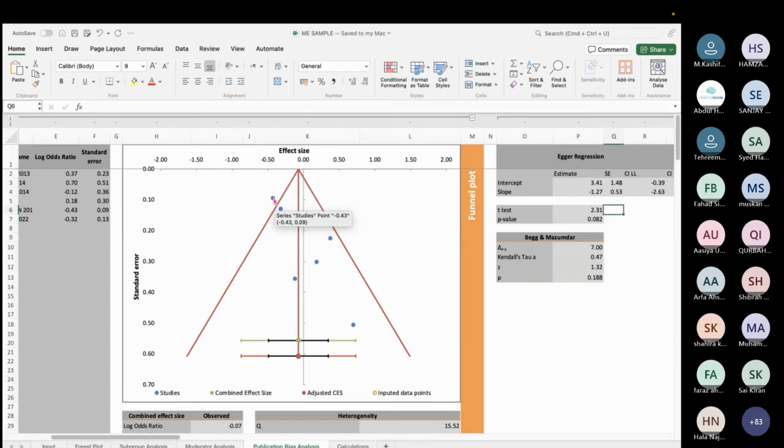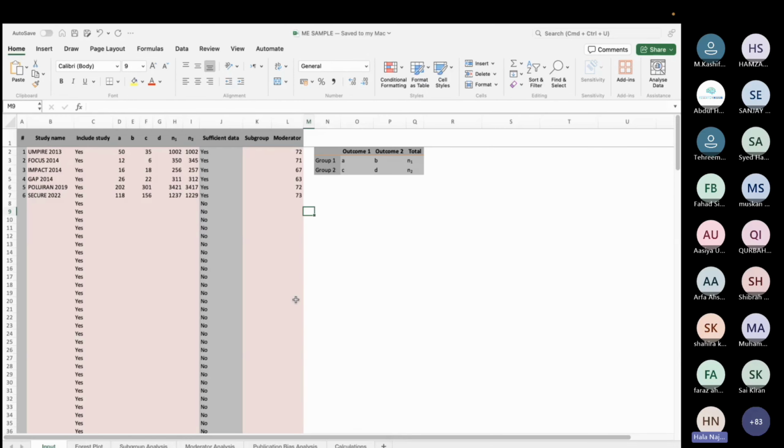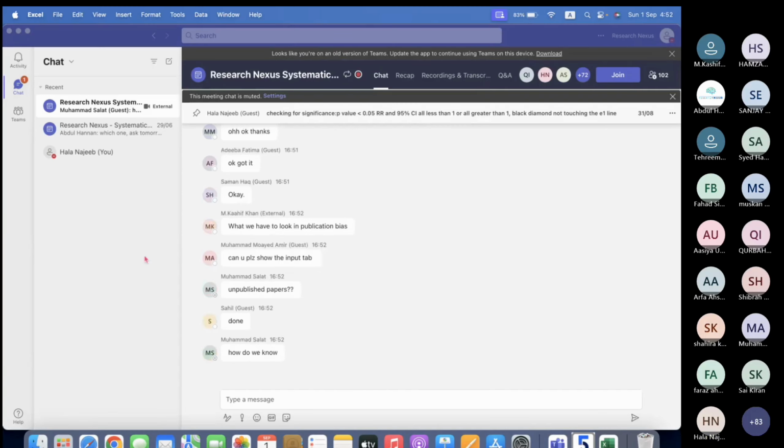Okay? The funnel plot on RevMan is different because RevMan does not have this imaginary triangle drawn. What we were saying, that you have to imagine it, here they've done it for you. I think this answers a lot of questions. I'll send a sheet to you guys. You can replicate it later on and see if you need to practice it or not. Unpublished papers, yes, you have to do a search and see if there are ongoing studies on this topic or not. Everything comes with a Google search and a PubMed search.